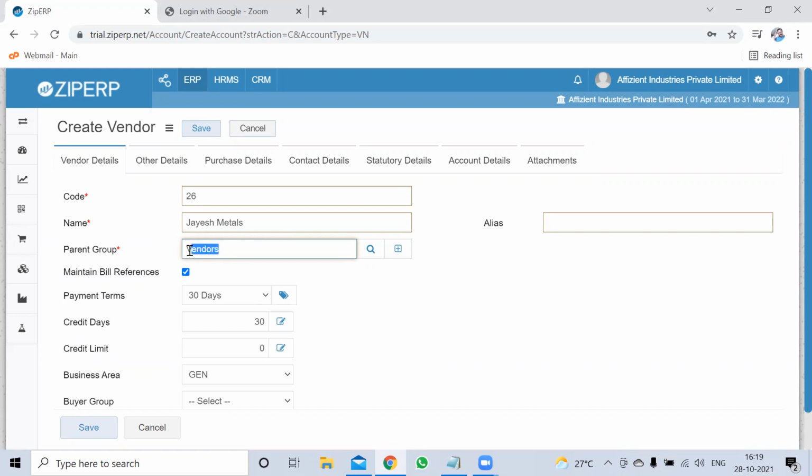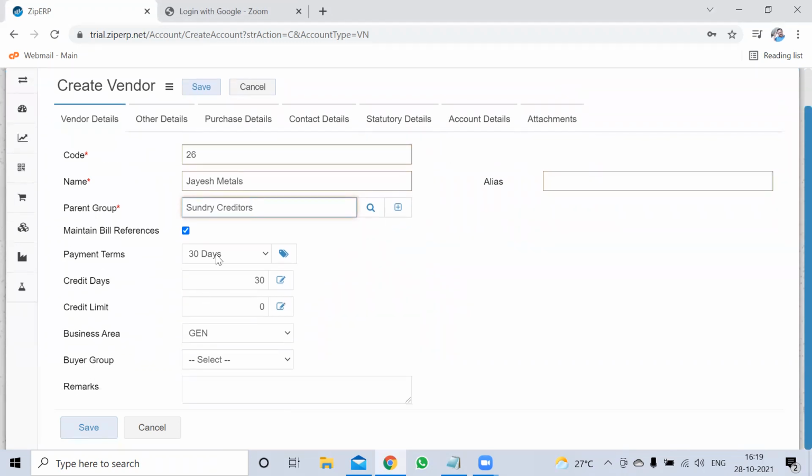And the parent group, sir, either you can put it here in the vendor, or you can put the sundry creditor also. Parent group means it is under which group? It is a part of the accounts, sir.